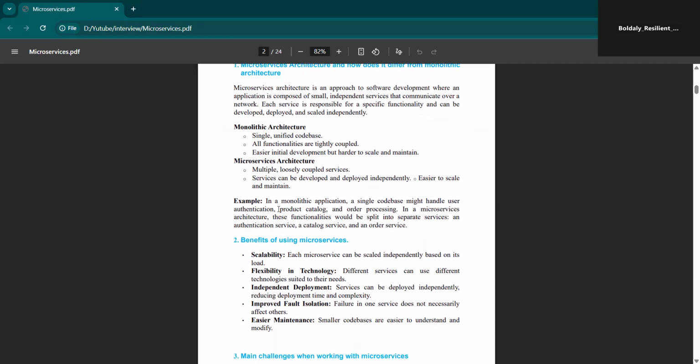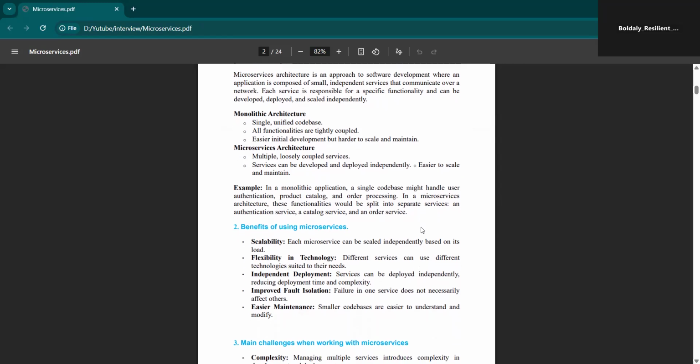The example is that in a monolithic application, a single code base might handle user authentication, product catalog, and order processing. In a microservices architecture, these functionalities would be split into separate services: an authentication service, a catalog service, and an order service. Like this, we will differentiate the